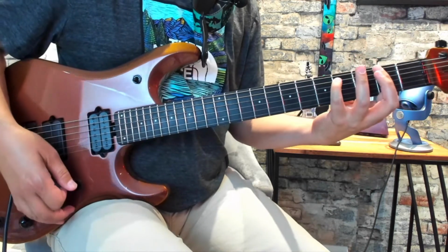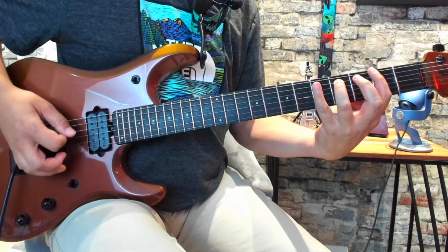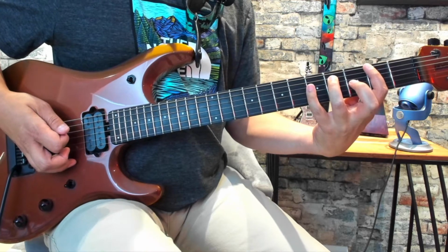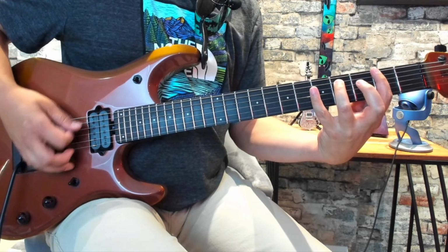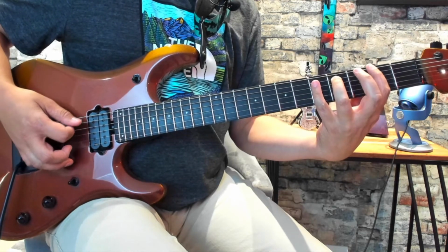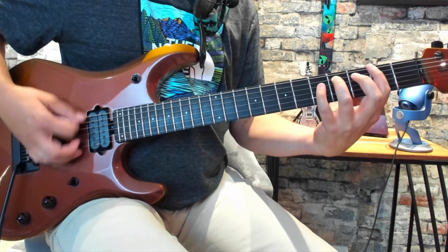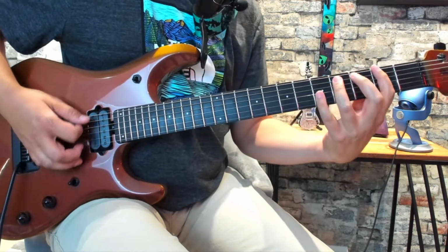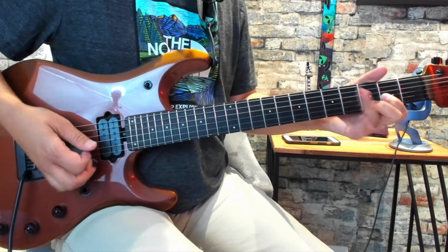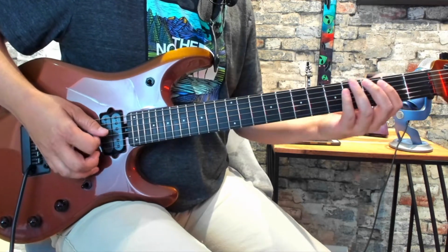Okay, so we're starting with an F sharp 5 power chord. I've got my first finger here on the 2nd fret of the low E, third finger's on the 4th fret of the A string. We're playing those two notes together. Then we lift up that first finger. Then we do that D, that's going to be open D, 2nd fret of the G, 3rd fret of the B, and then we do